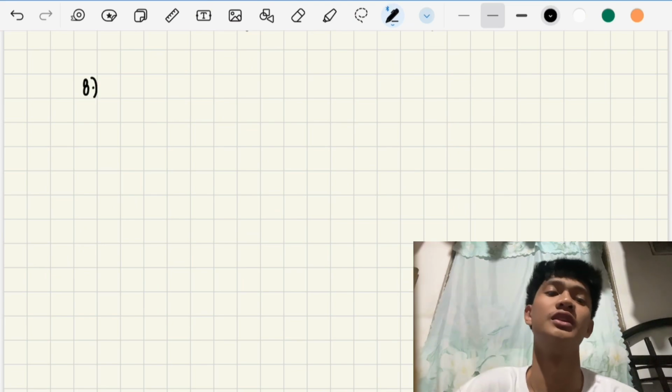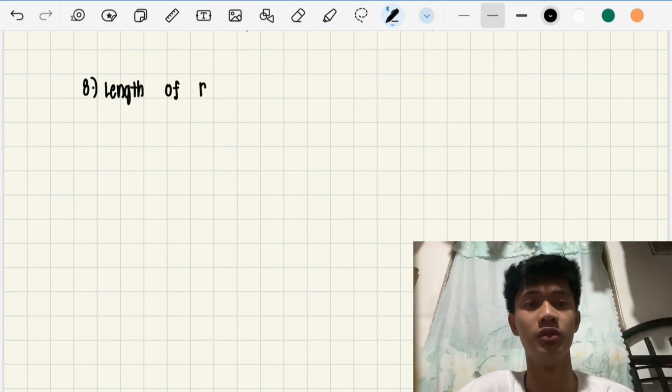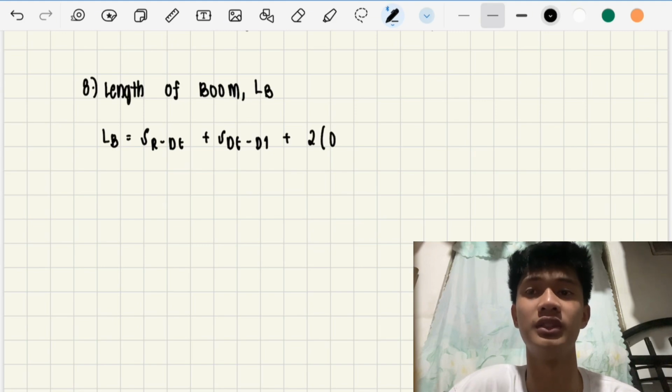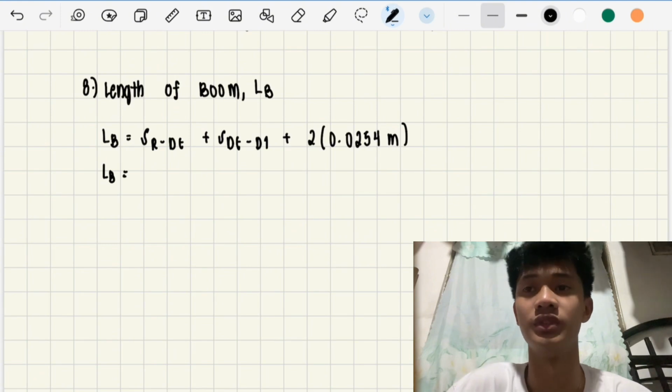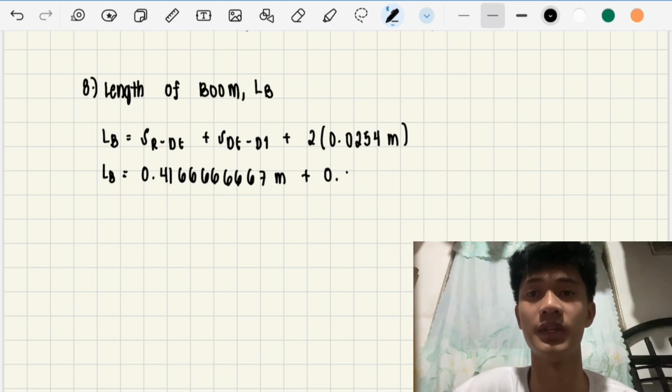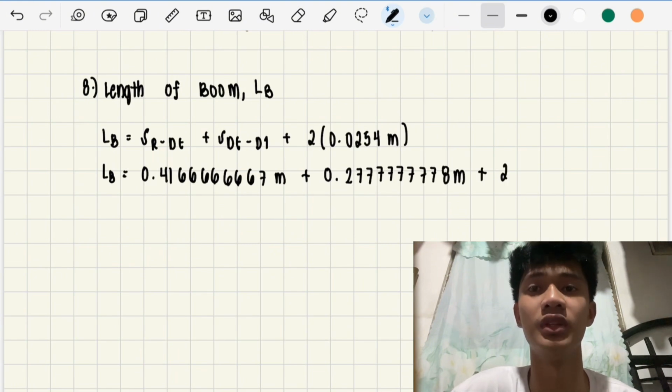0.2611111111 m. So for the length of the boom or LB, we will be using the formula LB equals SR minus DE plus SDE minus D1 plus 2 multiplied by 0.0254 meters. For the substitution, 0.4166666667 meters plus 0.277777778 meters plus 2 multiplied by 0.0254 meters is equal to LB equals